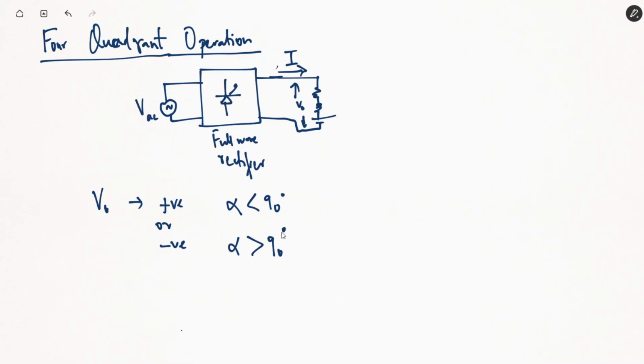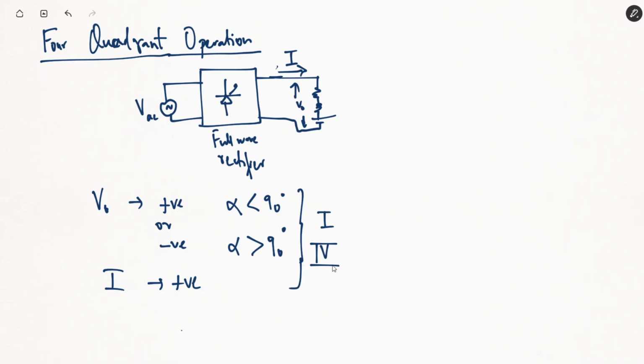So accordingly, we can have a two quadrant operation with a normal thyristor based rectifier. Current is unidirectional. Current can only be positive in the circuit, while voltage can be either positive or negative. So using this, we can make sure that our thyristor works in either the first quadrant or the fourth quadrant. In the first quadrant, our speed is clockwise, while in the fourth quadrant, the speed will be anti-clockwise.